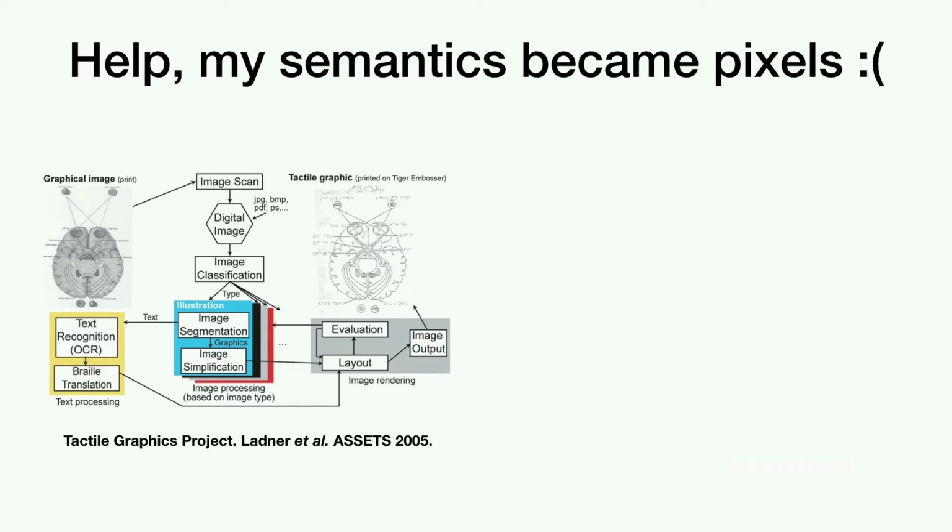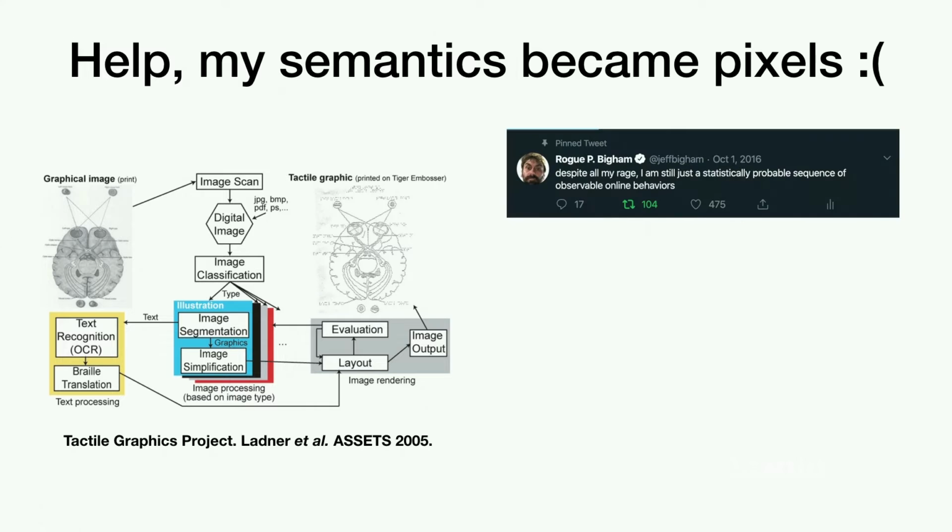But then for the graphics, it was hard. So the approach here was basically take the picture of the figure and then run it through this kind of human workflow to generate a tactile version of it that could then be printed. But this is not changing, right? One of the things we've noticed recently is, sometimes maybe if you don't want to attribute the source of your retweet,